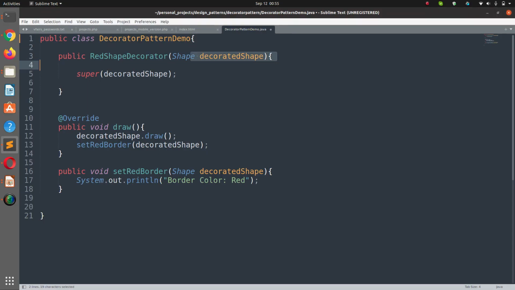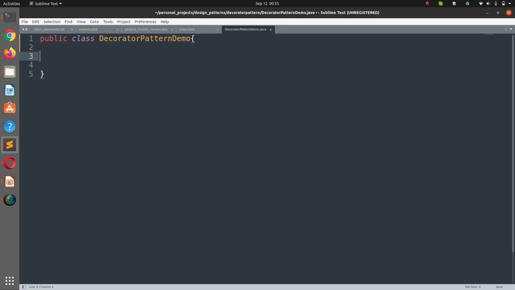Here we are going to define the main method which will be executed by the application, and it's called public static void main, which receives a String array args,